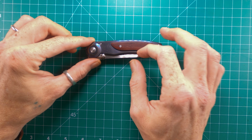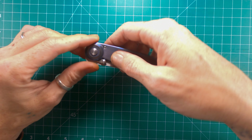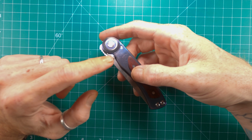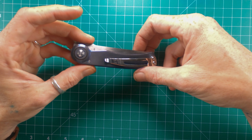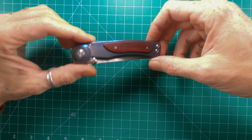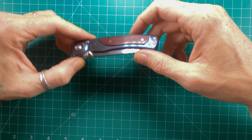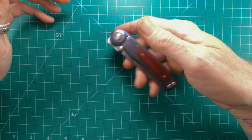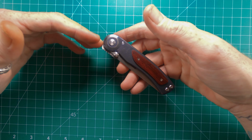And Spyderco, I guess, had imported these knives originally back in the early 90s. It features a clutch lock, which is something I've never seen before until I got this knife in hand. Also, the titanium anodized scales are something that, as far as I'm aware, weren't really a popular material to be using in folding knives until the late 1990s to the early 2000s. So it's definitely, materials-wise, ahead of its time. And then the clutch lock is such an amazing lock. I don't know how much confidence I have in it, just because